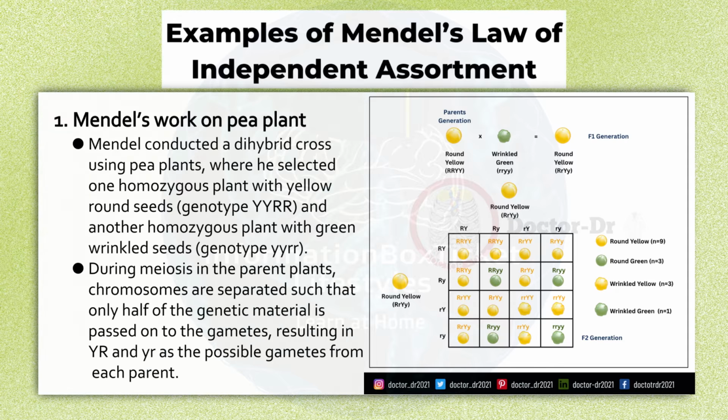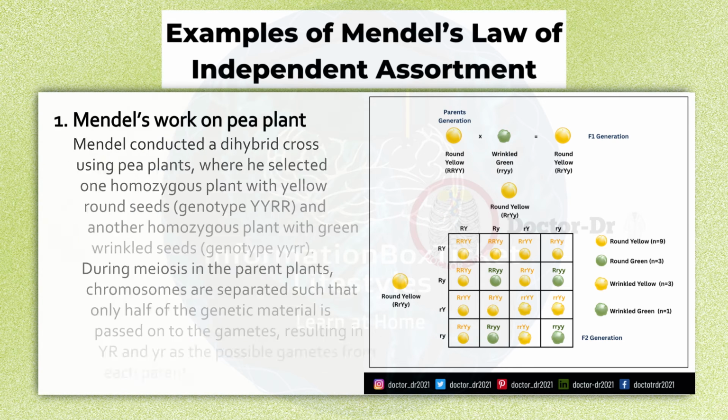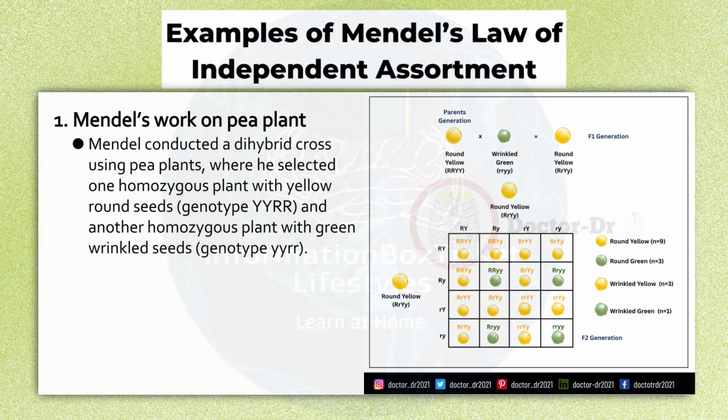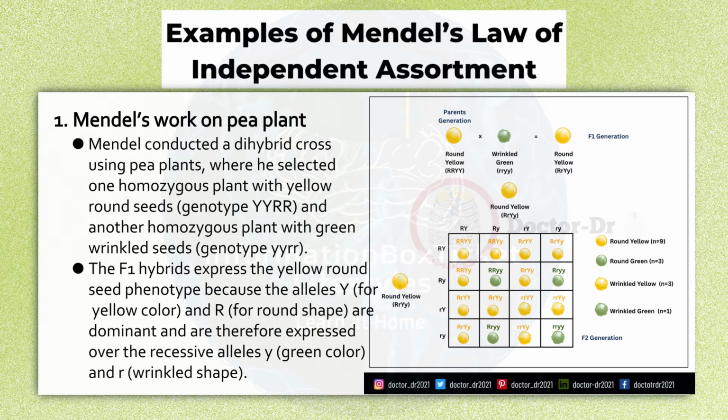yyrr. During meiosis in the parent plants, chromosomes are separated such that only half of the genetic material is passed on to the gametes, resulting in YR and yr as the possible gametes from each parent. When these gametes fuse during fertilization, the resulting F1 hybrid has the genotype YyRr. The F1 hybrids express the yellow round seed phenotype because the alleles Y for yellow color and R for round shape are dominant and are therefore expressed over the recessive alleles y for green color and r for wrinkled